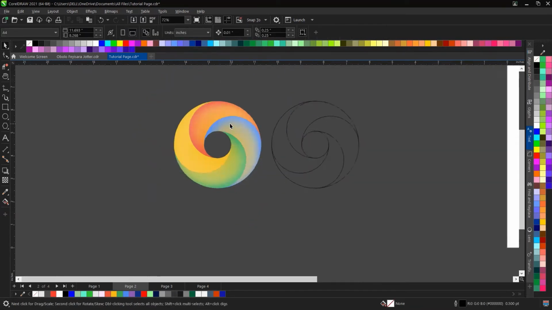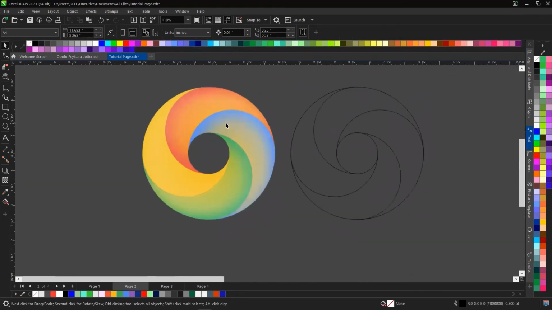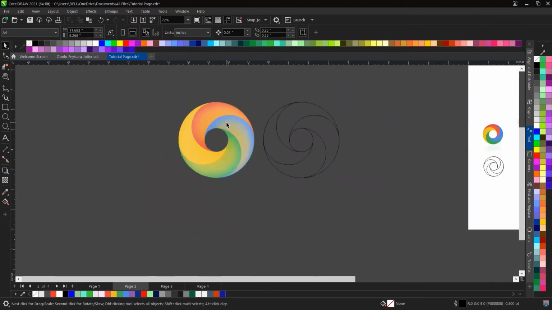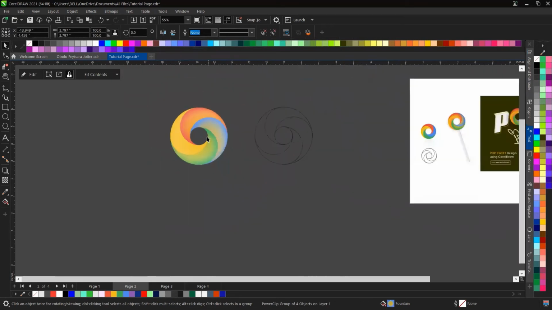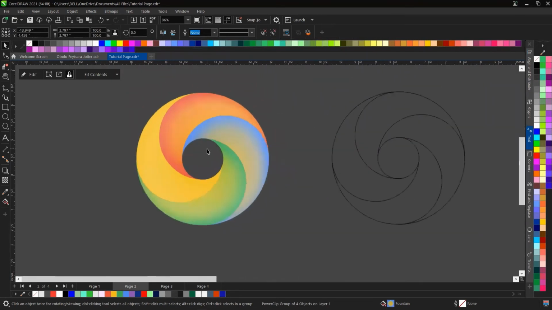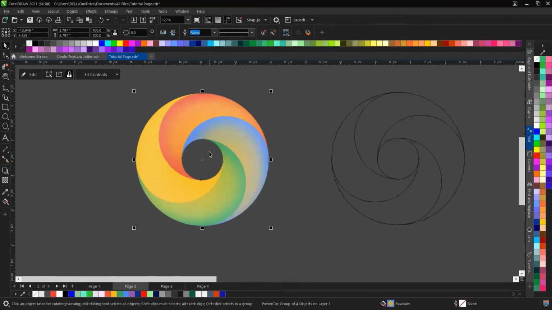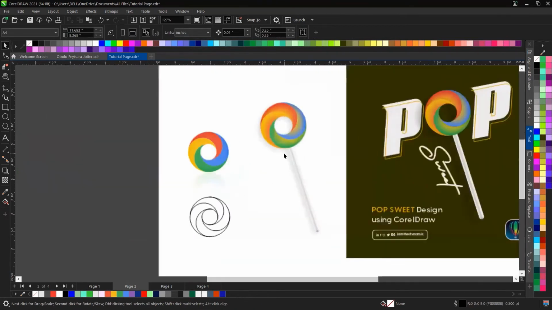So it makes it look more 3D. It looks very real, rather than just leaving it empty like that. Sure you understand? So now the next step for you is to